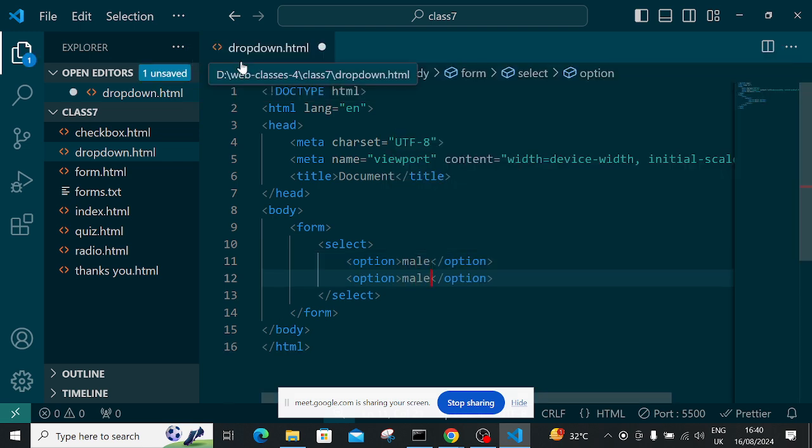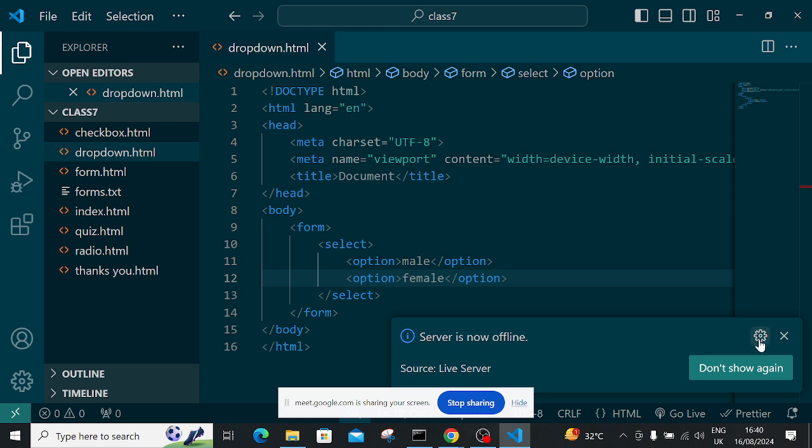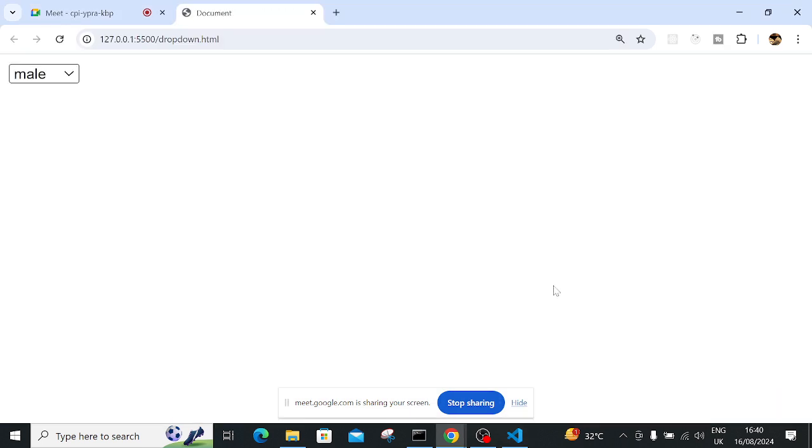Male, female. You can see this, we can select any one of them. What is the difference between the radio button and this drop down? Technically, there is no difference. Only the difference is